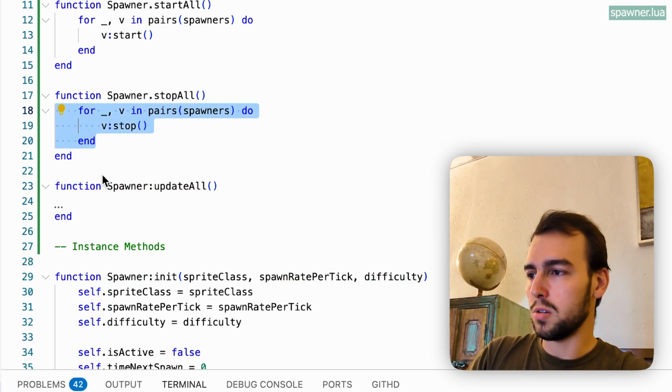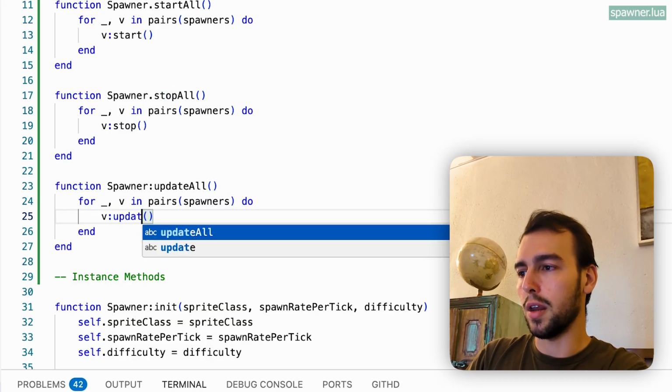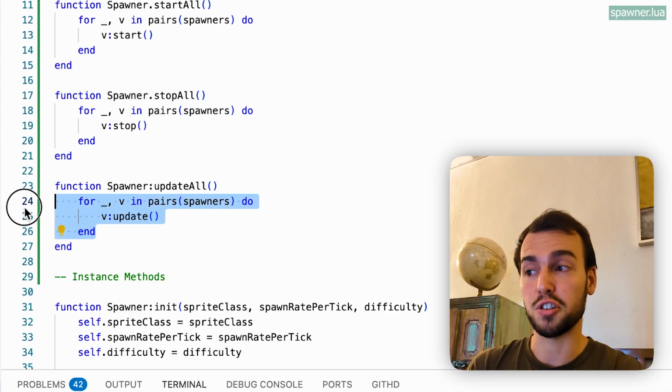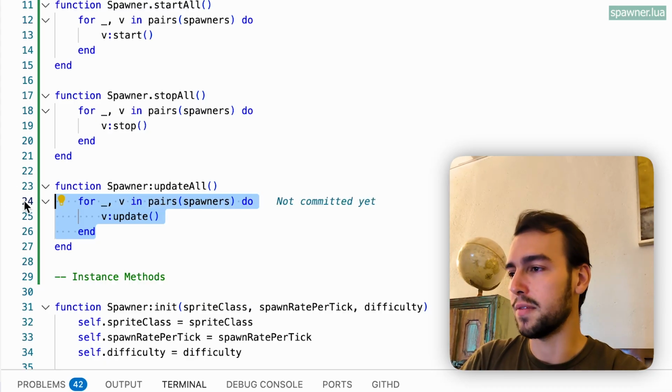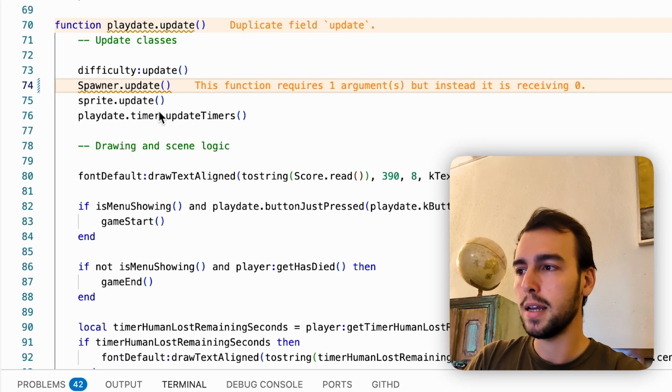And then you guys know what to do. You copy and paste this for loop here, and then you do v:update. Now, if you want to, you can just use this same functionality and put it inside the other update if you want. But let's not lose any more time with that. We're gonna go back to main.lua, and we're gonna do